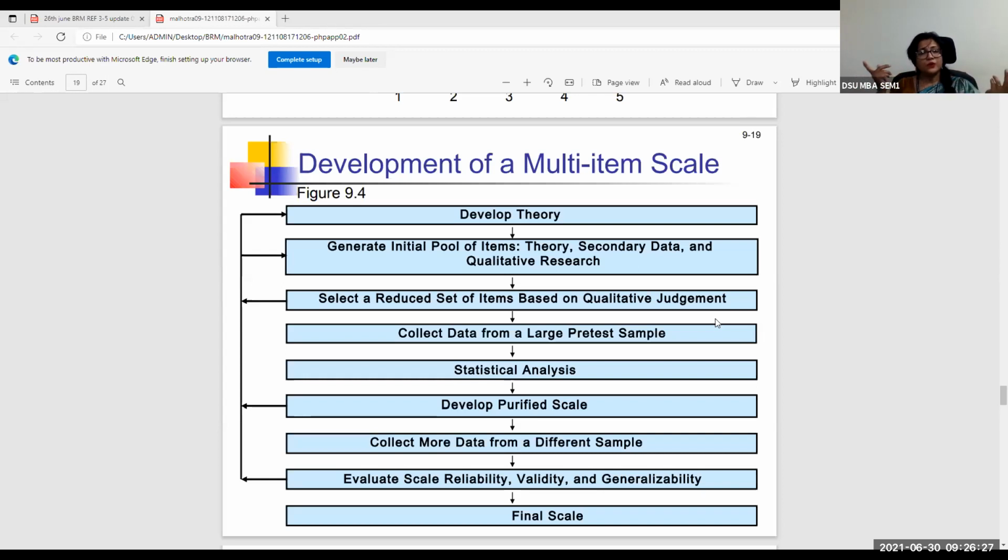Now, when you cannot do a census, when you cannot study the entire population, that's when you take a sample. So the sample characteristics must be such that once you do a study based on a sample, you must be able to say that, yes, whatever I have studied in the sample is similar to what we would find if we did the study in the population. So scale measurements must be reliable, valid, and generalizable. And such scales should be the final scale that can be used.